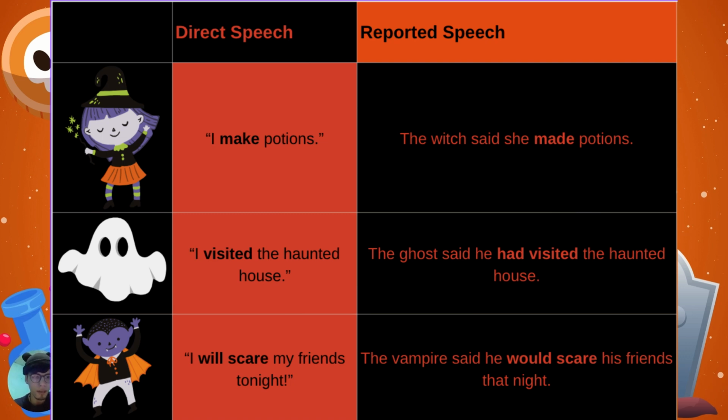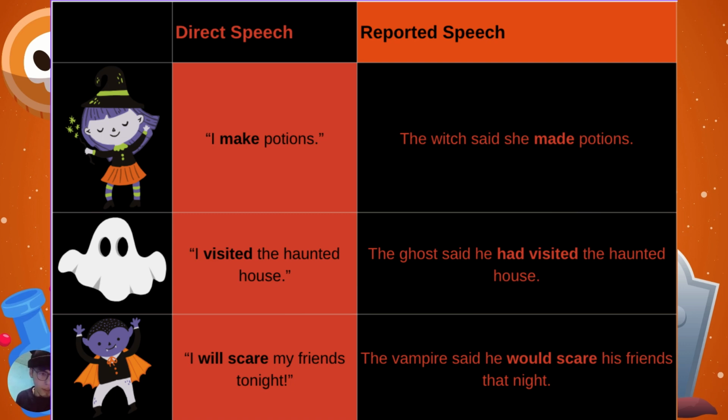That's correct, Anna. As you mentioned, in the first example, we see that the sentence on the direct speech is written in simple present. But for the reported speech, the same sentence was changed into simple past. And for the ghost example, the sentence is written in simple past.